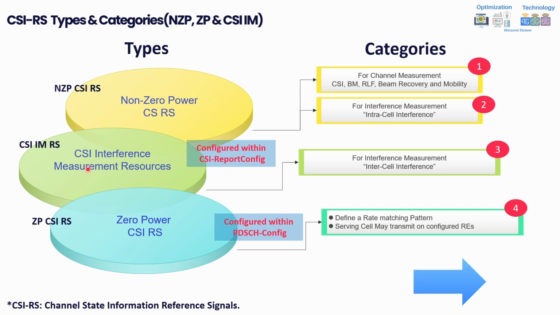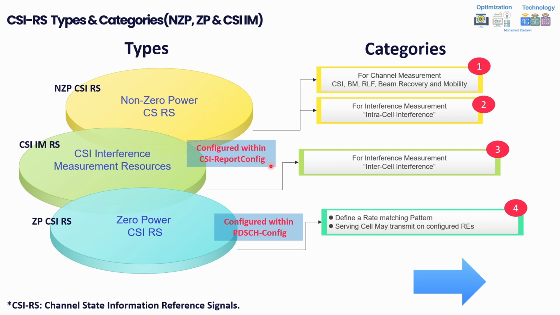The second type was about the CSI-IM or CSI interference measurement resources, and as we mentioned, this one was mainly responsible for inter-cell interference. We highlighted the very important point that in this part, the serving cell does not transmit any data or anything at these particular CSI resources, to be able to measure the background noise caused by the neighbor cells. And both the non-zero power CSI-RS and CSI-IM are reported within the CSI report configuration,